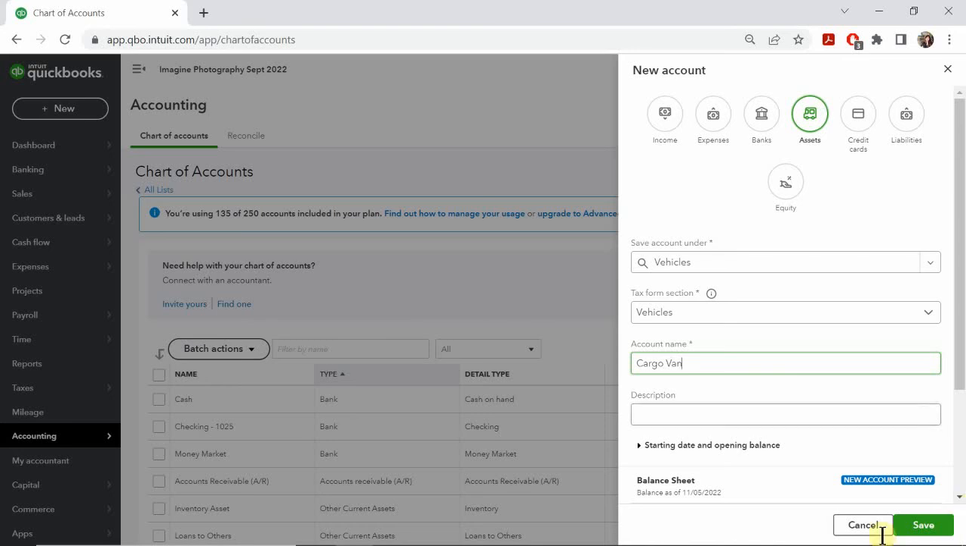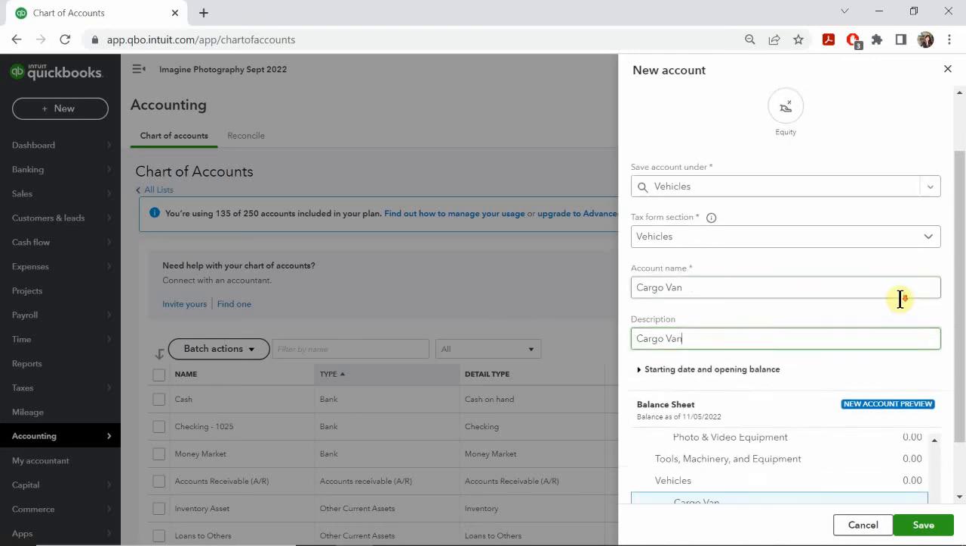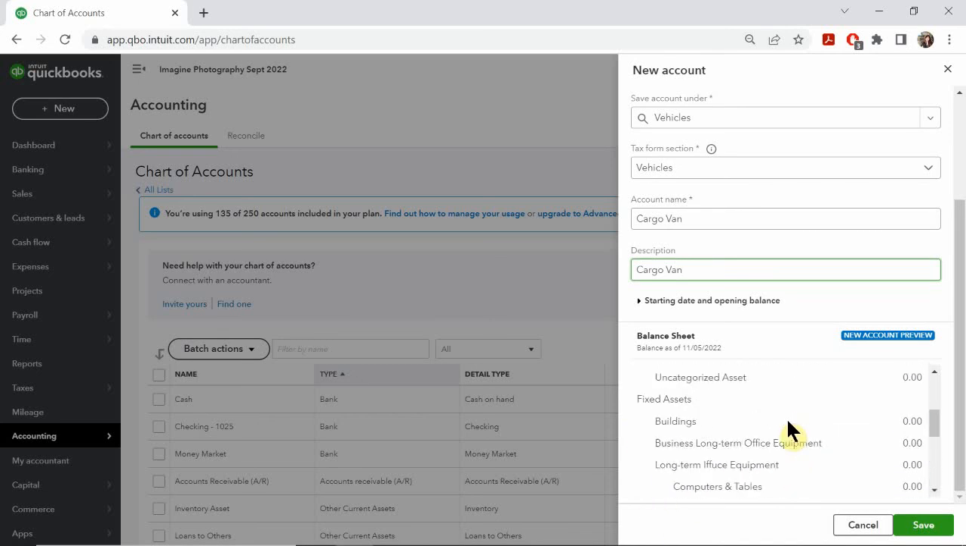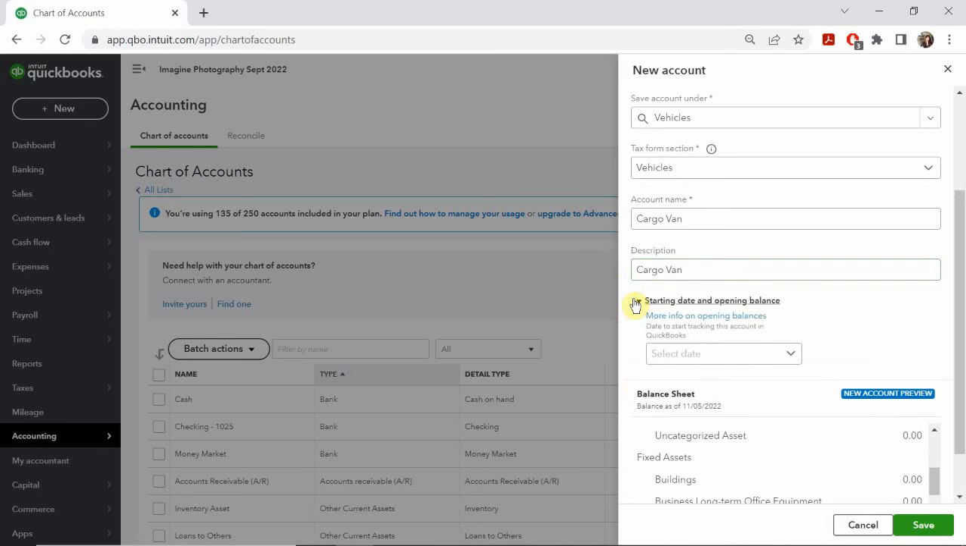Okay, and description is going to be, again, a cargo van. Okay, and then there should be an option for you to track depreciation. So in this case, let's see. With the newer type of version here, you might not have that option available to track depreciation. Some of these are sometimes automatic, but in this case, let me see,